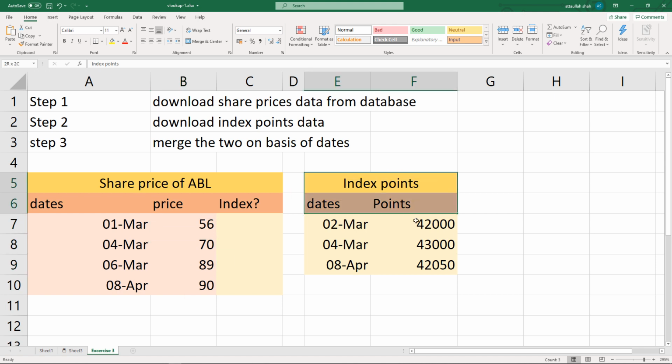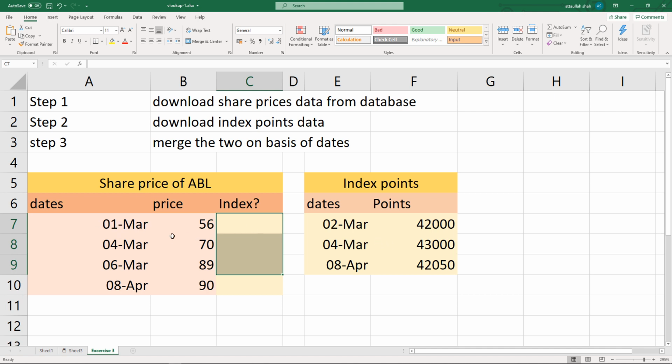We have another data set which is on a different sheet or on the same sheet, but its dates do not match exactly row by row with the first data set. So what do we do? For example, if I copy these points right here, 2 March is not matched with 1st March, because there should be 1st March.